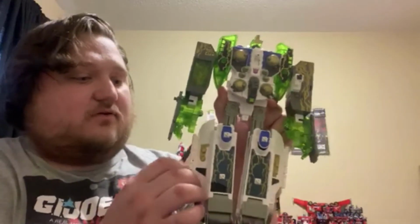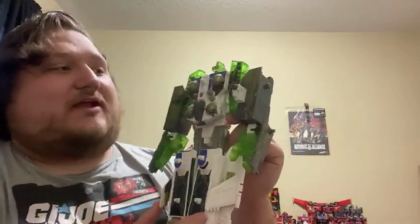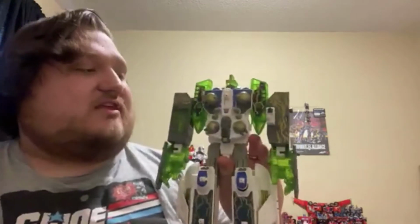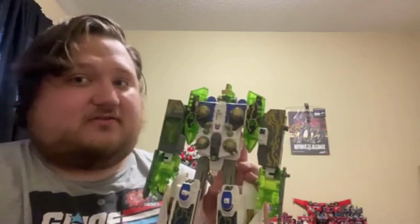Coming in at number 9, we've got another huge boy. And this is Energon Tidal Wave. Oh my lord, I can't tell you how happy I am to have a Tidal Wave in my collection. Let alone the one that Thew has. That honestly made me want to get a version of the character. It's such a fun toy, and I'm so happy to have him in my collection. Him and his little